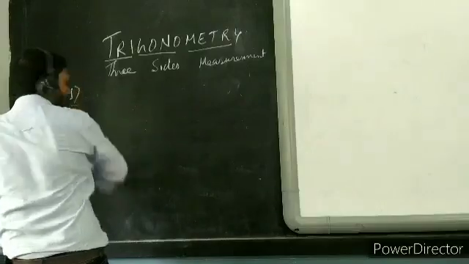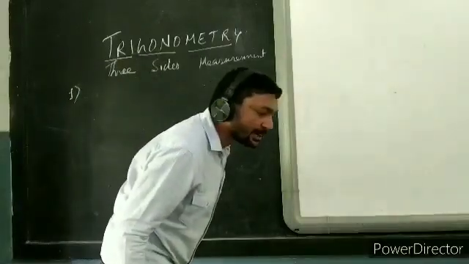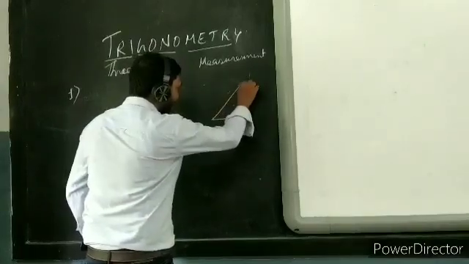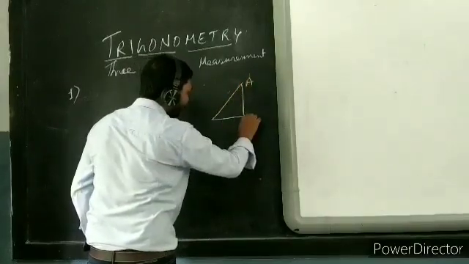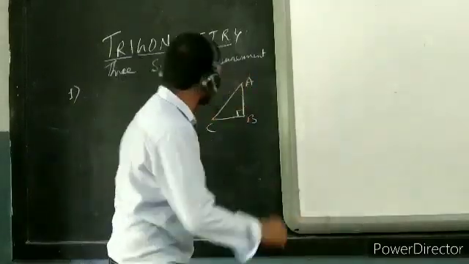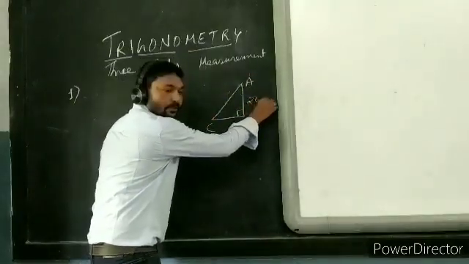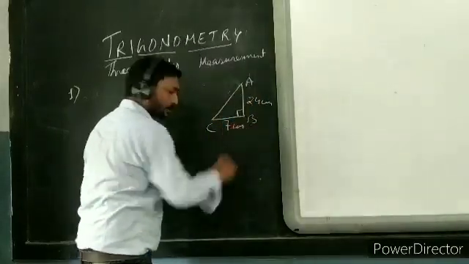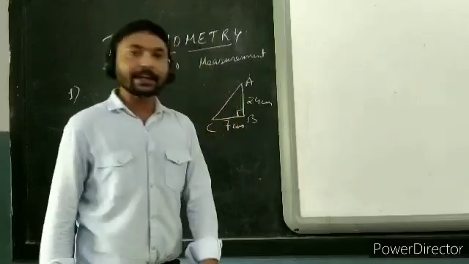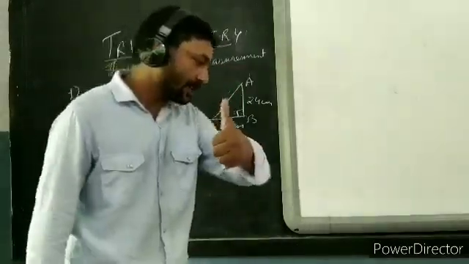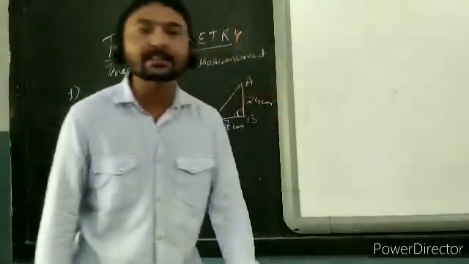It is given that in triangle ABC, right angle at B. Now I am writing A here, B, C, right angle at B. Now the question is saying AB is 24 centimeter and BC is 7 centimeter. Now determine sin A, cos A, sin C, cos C. It means the first question is sin A, cos A and the second question is sin C, cos C.